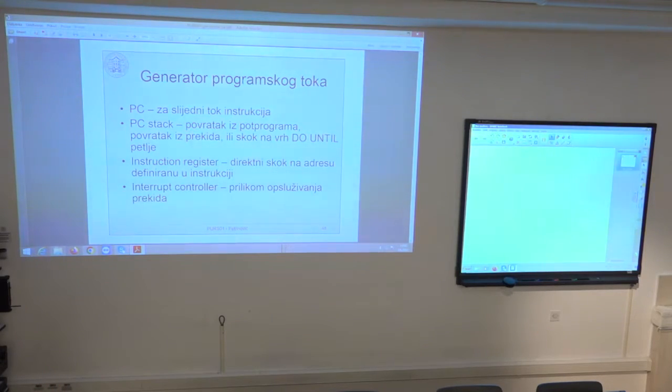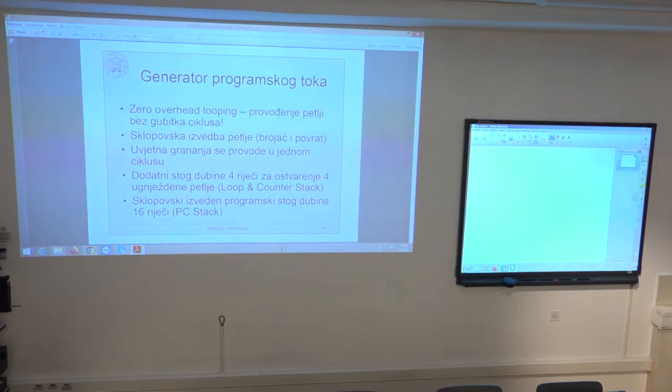Okay? And to describe this hardware implemented loop, it says here, Sklopovska izvedba petlja, so it is hardware implemented loop. It has special loop counter implemented in one of the registers of this program control architecture. And it also has the return address. So what is the top address of the loop? Once you reach the end, the last instruction in the loop, you have to go back to the address of the first instruction of the loop. This address is also written in some register. So you don't have to